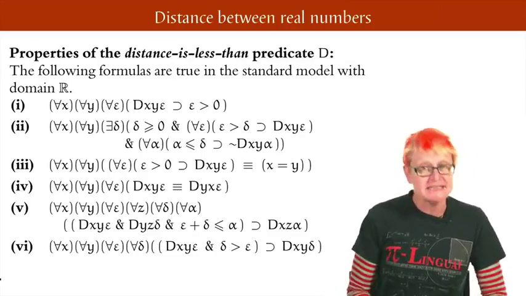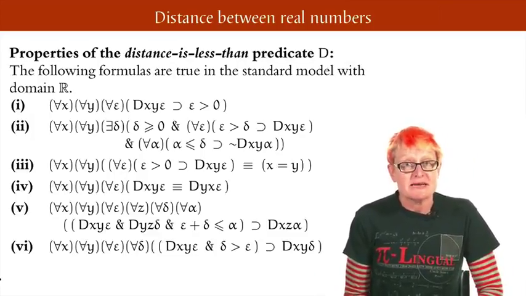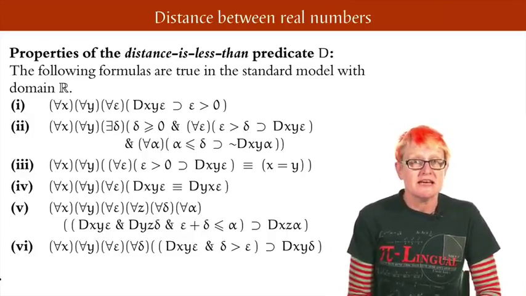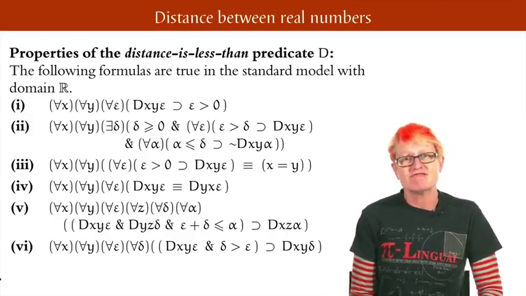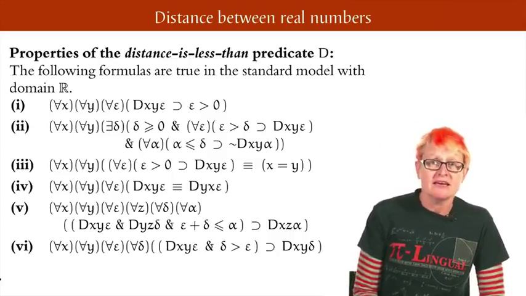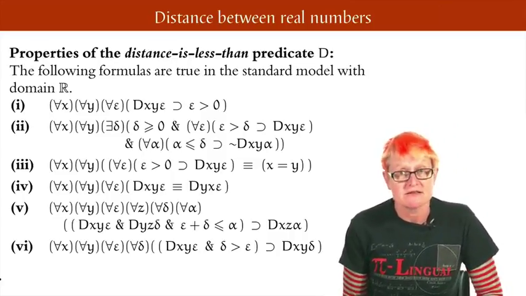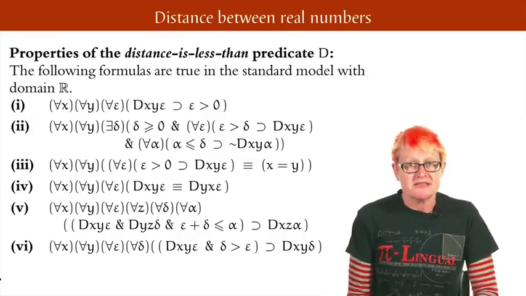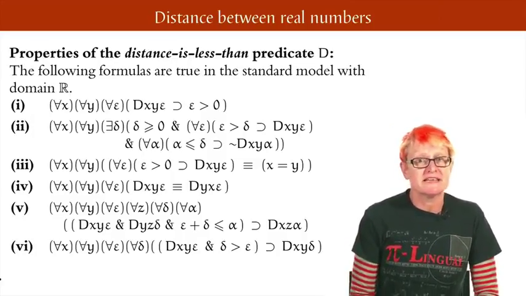Formula Roman 6 expresses that the d predicate is monotone in its third argument. If d(x, y, epsilon) and delta is greater than epsilon, then d(x, y, delta) is also true. There are more properties of this distance-is-less-than predicate, and you're going to see some of them in